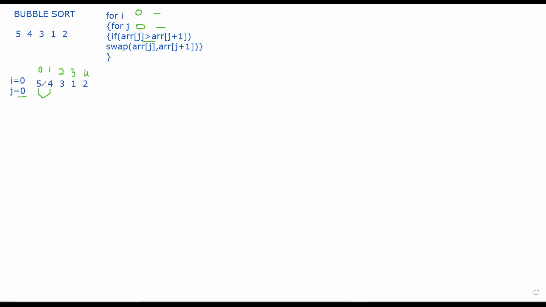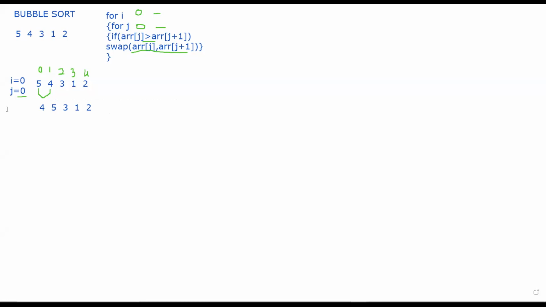If this condition is satisfied, means 5 is greater than 4, then I have to swap. So if I swap these two numbers, what output will I get? I'll get 4, 5, and the remaining values will remain the same: 4, 5, 3, 1, 2. So this is my output after this step.